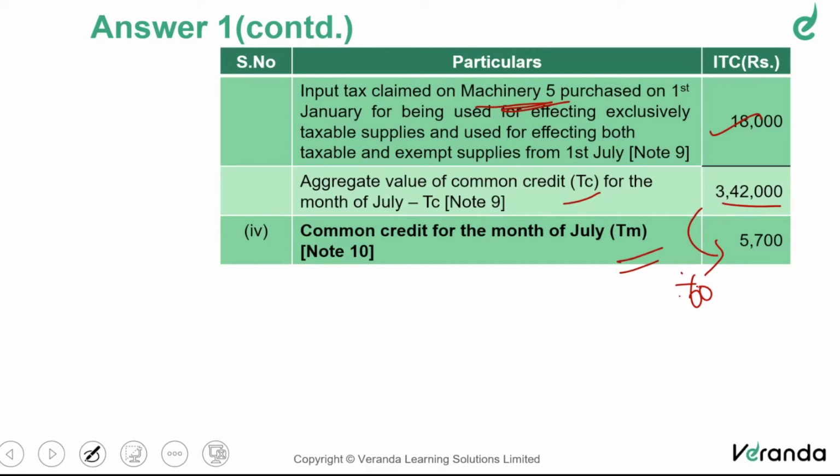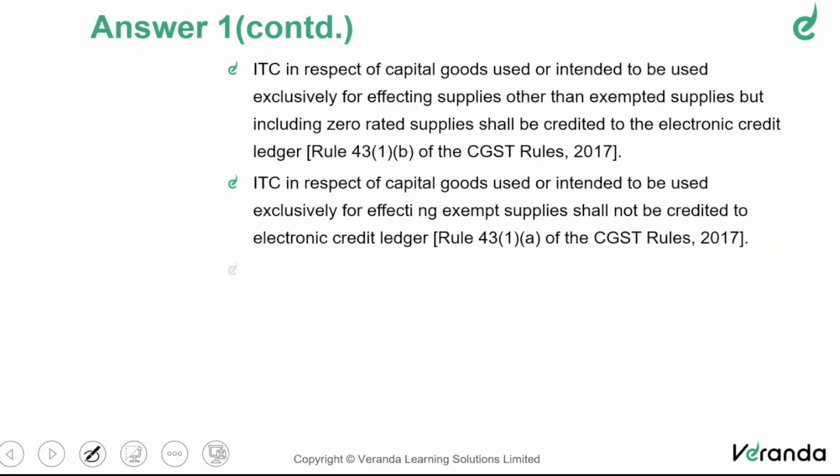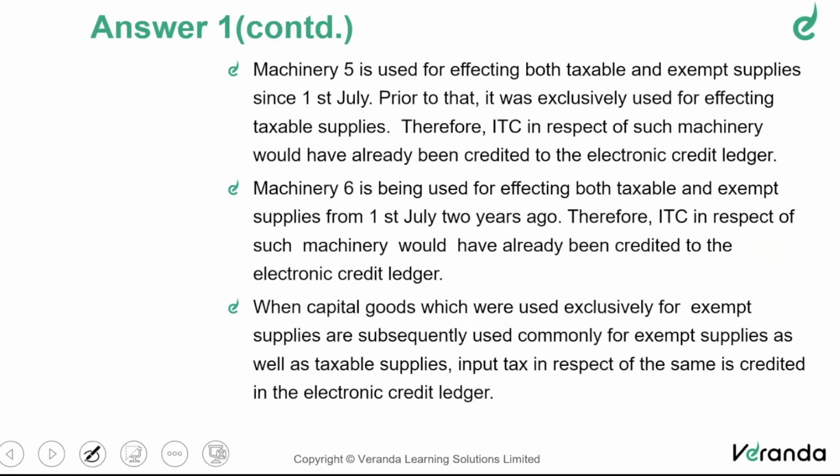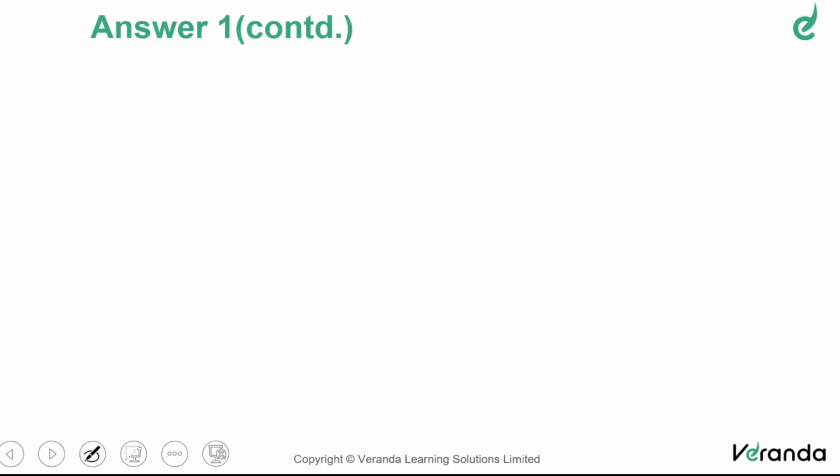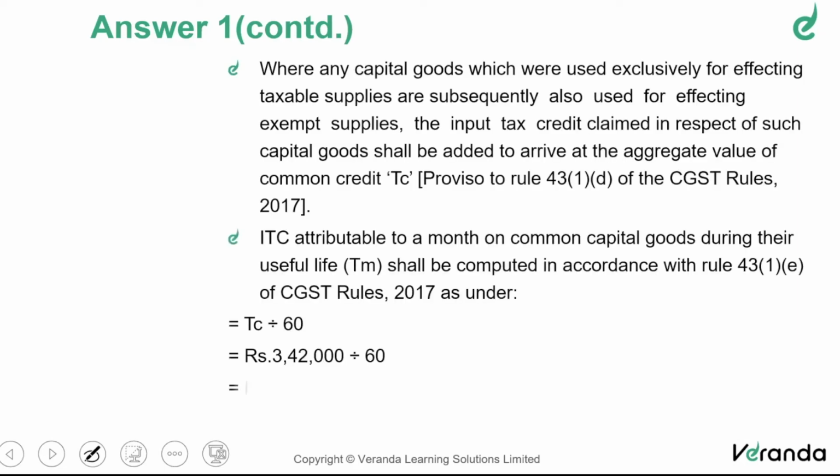Great. Therefore, this is a question involving Rule 43, which is a typical example I also take in class discussion. So anyway, good that we are able to see that. Typically, everybody solves questions involving Rule 42. Everybody gives stepmotherly treatment to Rule 43. I don't know why, but good that now we are seeing a unique problem. Rule 43. Good. So notes I'm just skipping through. I've explained in detail. That's it. So finally, TM is calculated.